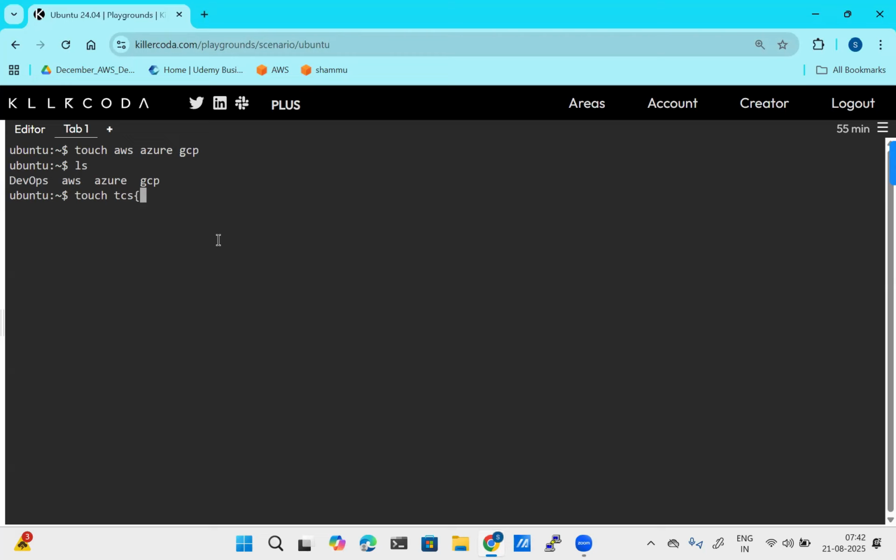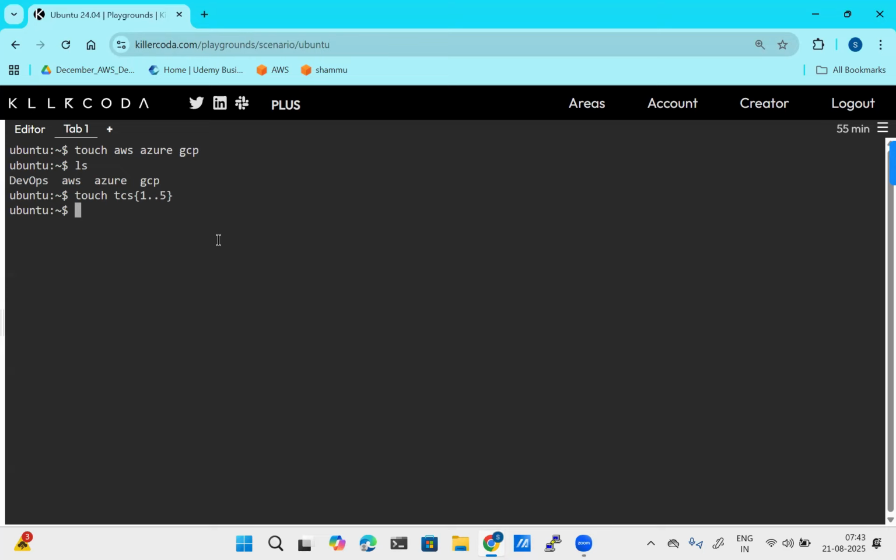Open the braces, 1 double dot 5. If I give 5, it is going to create 5 files. If I give 15, it is going to create 15 files. If I give 50, it is going to create 50 files. As of now, I want to create 5 files. Then hit enter. It was created.